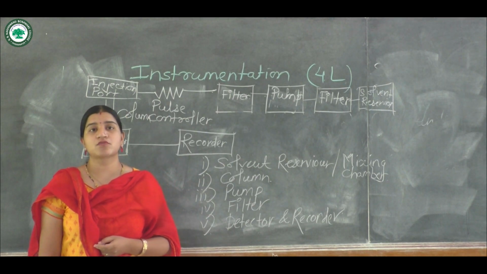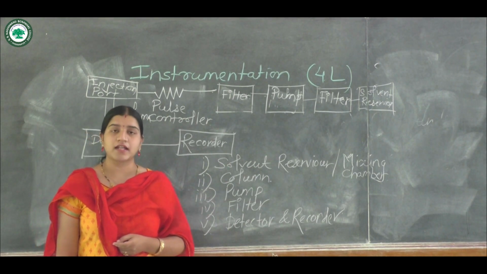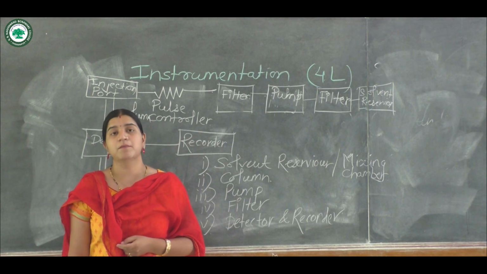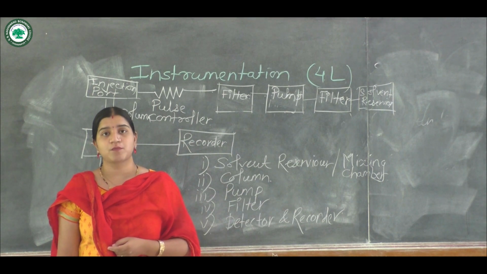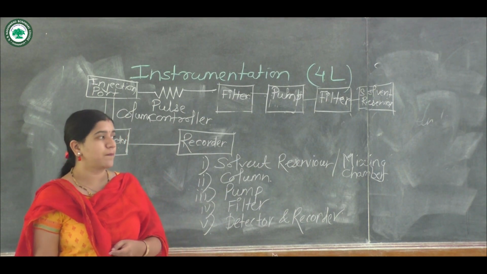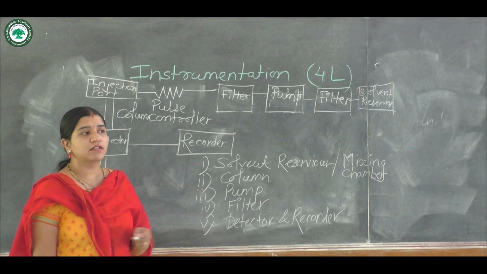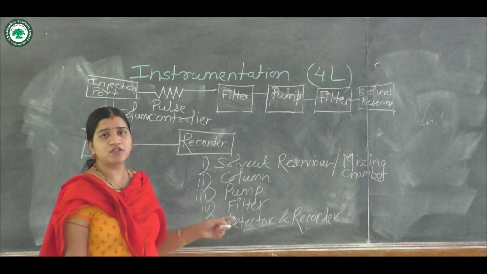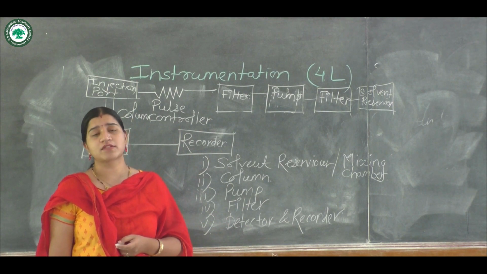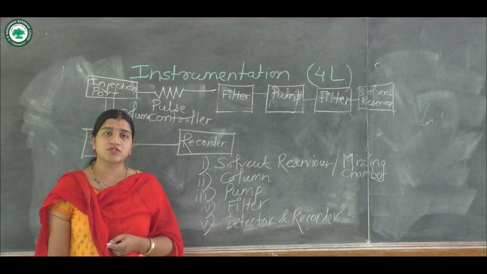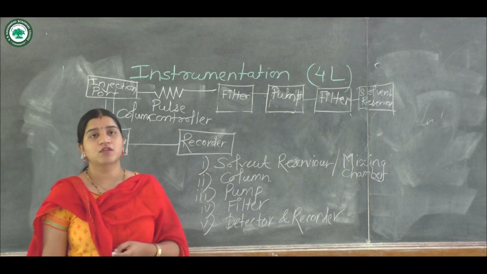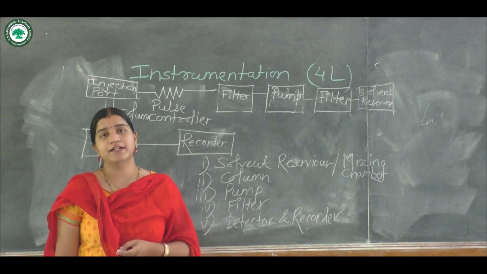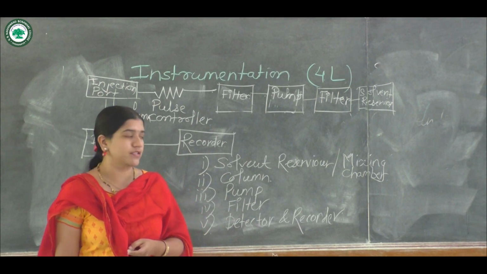The pumping system is the most important part in HPLC. There are different types of pumps such as constant pressure pump, constant displacement pump, pneumatic pump, and syringe pump. After that, the next point is the filter. The filter is used for filtration purposes, because as HPLC is the most sensitive technique, you have to filter all the samples. A single impurity may lead to deviation from the original results.